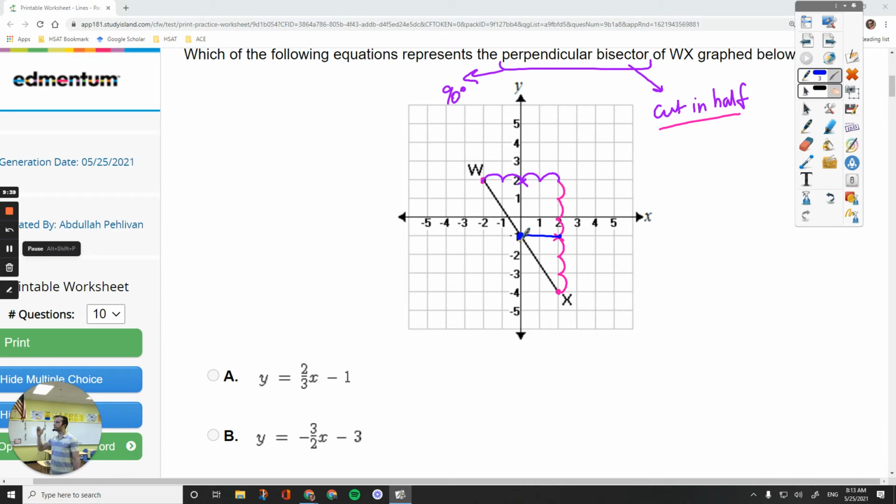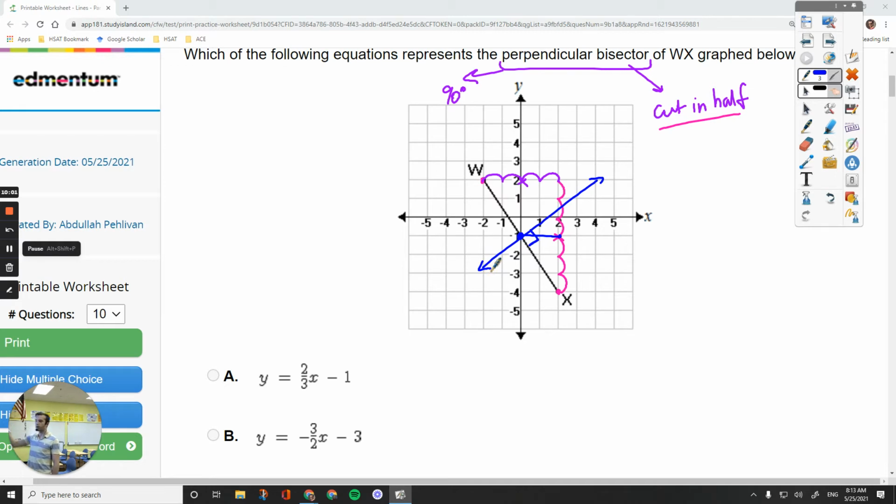So I need a line passing through that point. It's also going to be perpendicular, 90 degrees, to the original line. So it is going to look something like that. It's not going to be the perfect one, but that's how it's going to look. So basically, the line is going to pass through